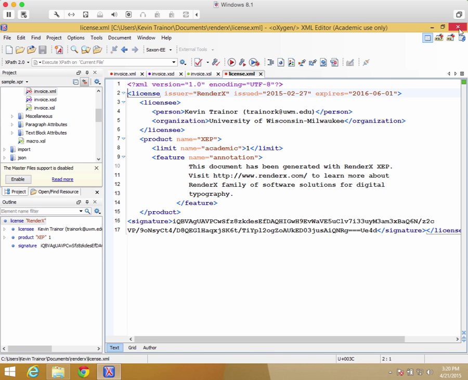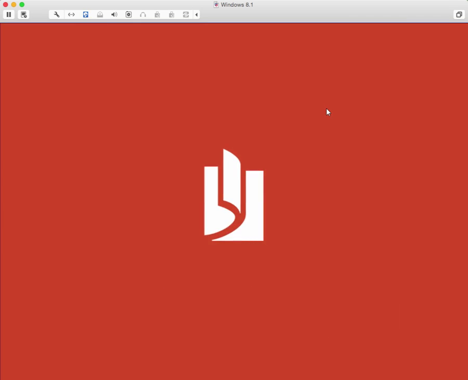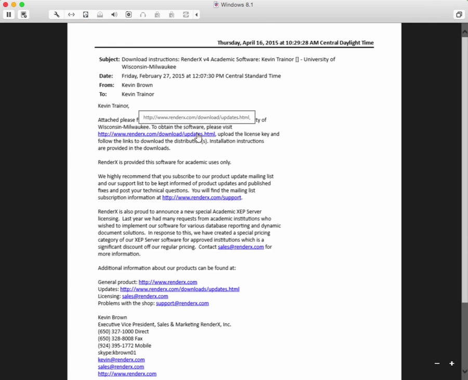We'll close that. All right, so now we want to go to the RenderX website and download the software. And this will be pretty easy. Sorry, double click. And we're going to open up the new browsing application for PDFs that they have in Windows 8. And I'm just going to click on the first link, which takes me to the software updates page,